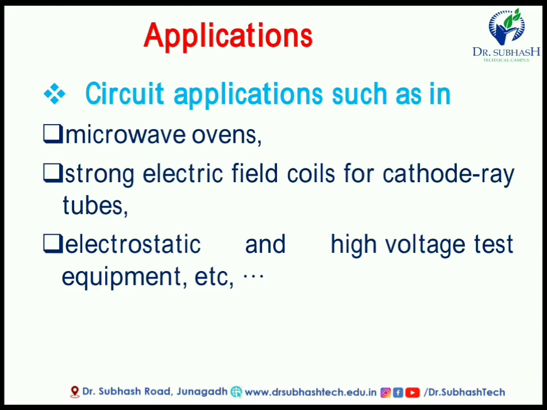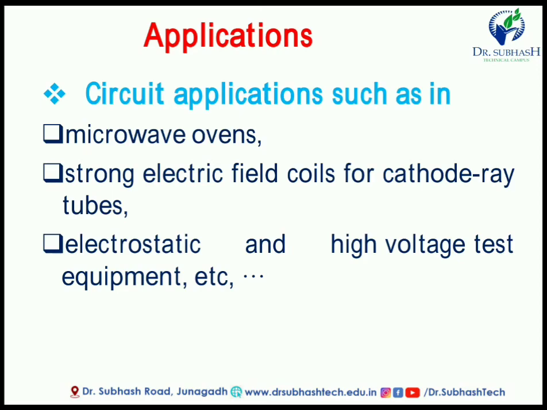Circuit applications such as microwave ovens, because friends, you already know the microwave oven. Whenever you want to heat some non-metallic material, a microwave oven is required. Also in food processing, a microwave oven is required. At that time we have to increase our voltage, and we can directly increase it using this multiplier circuit and increase our peak value, so we can heat directly or in a small duration of time.